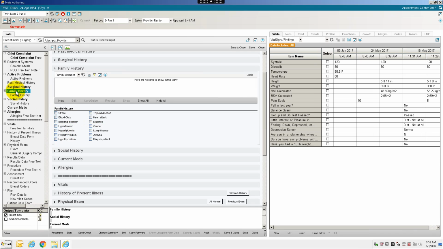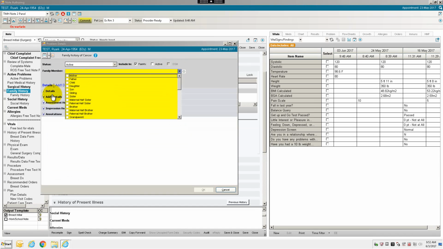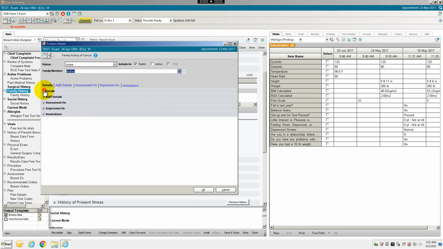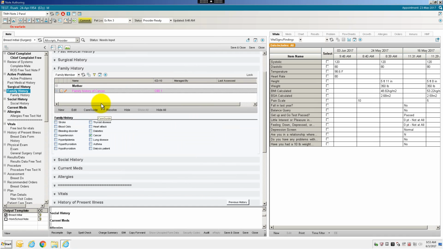So here's a family history, and you get the history that there is a cancer history. This is a very generic cancer history, but you could go into the edit pencil and mark who the family member is and click the details and add more detail. That's one approach. Obviously, the other approach is to actually go to the full family history area